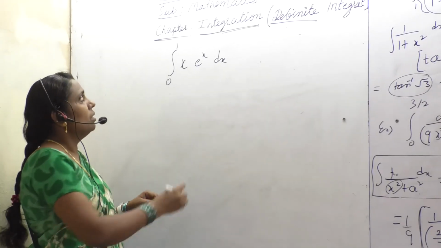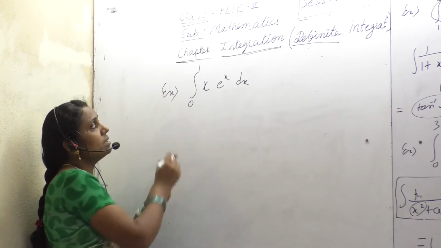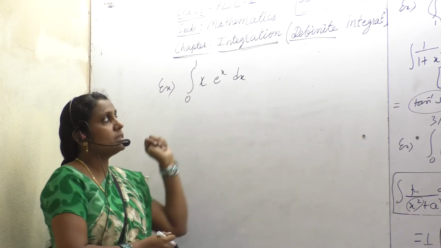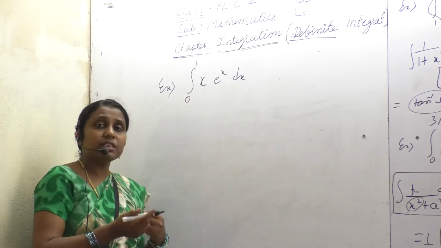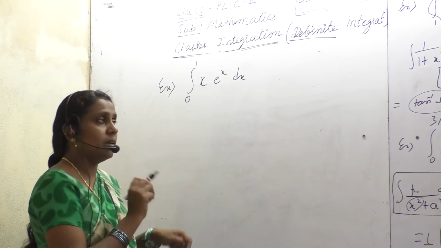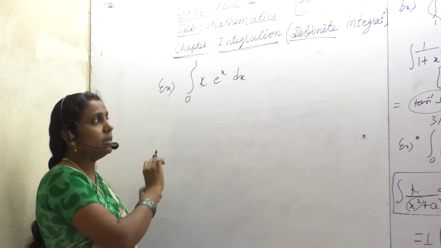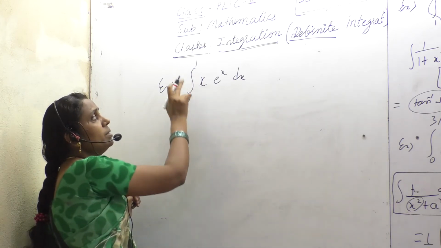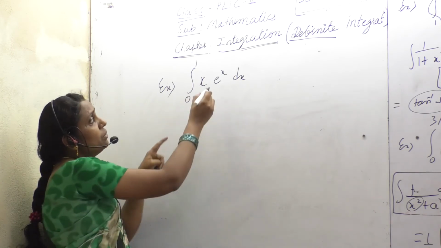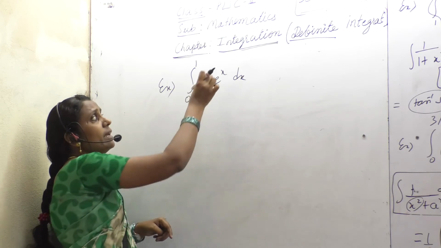Listen students, for the next example I have considered the integral from 0 to 1 of x into e raised to x, integration with respect to x. Just as we use differentiation with respect to x, in the same way integration with respect to x, or whichever variable, should be clearly mentioned. These are the limits, this is the function to be integrated, and as you know there are two functions. It is not x plus or minus something in between, it is x into e raised to x.